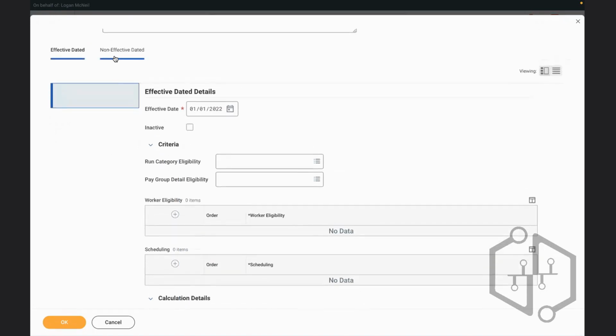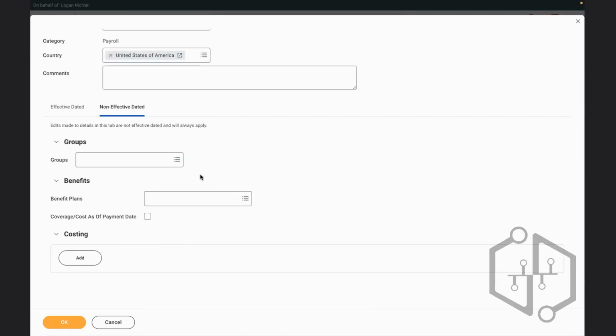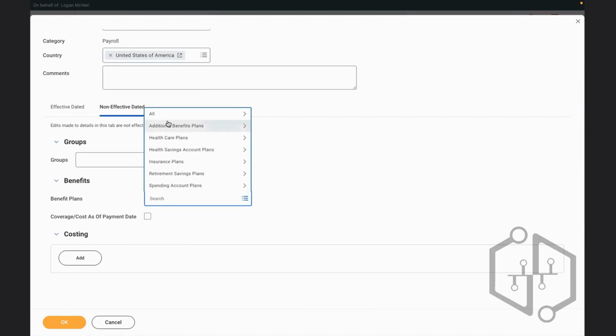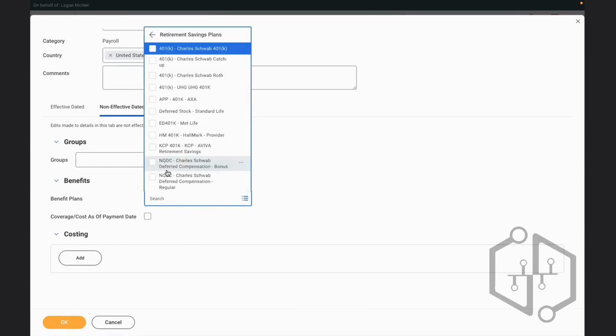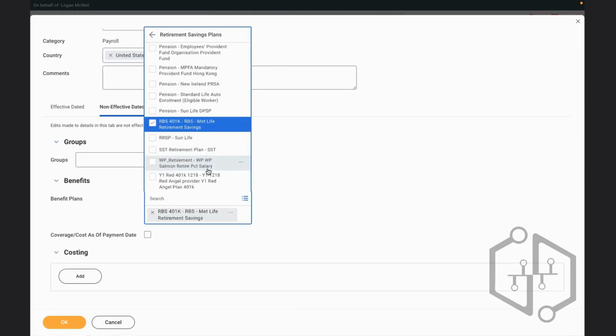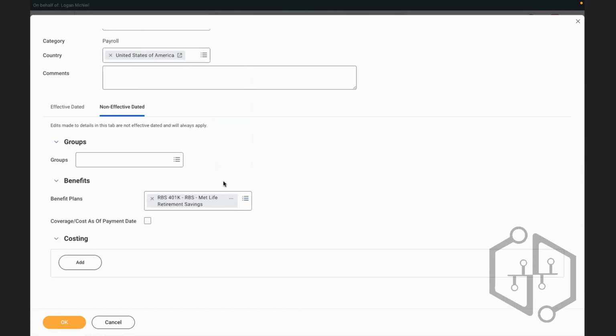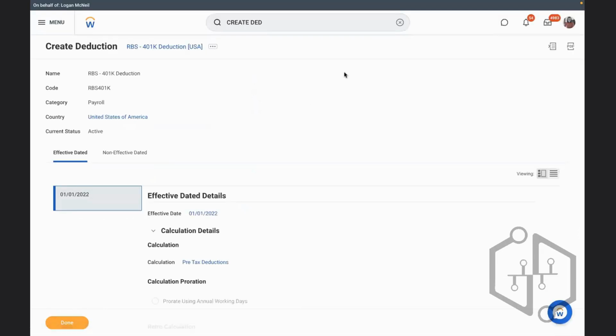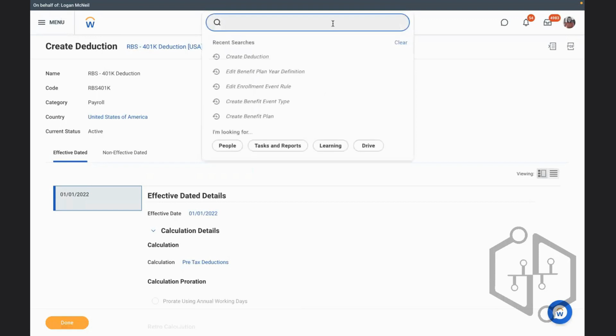Then go to non-effective tax. Here they have to group. Whenever they're assigning your benefit plan here, the RBS will automatically be displayed in your benefit plan. Here they will do it. If the payroll team has assigned it, now if you go back to your benefit plan,